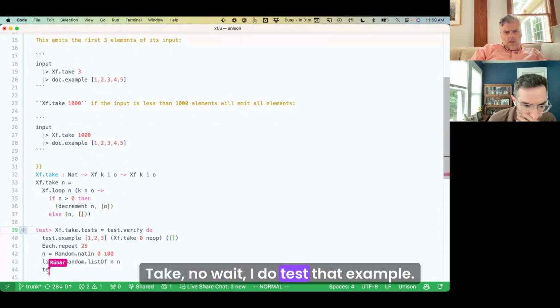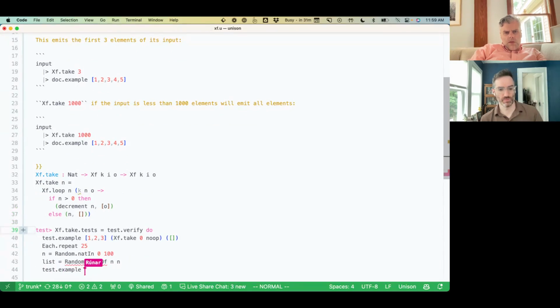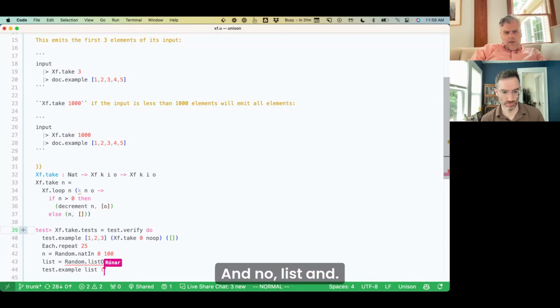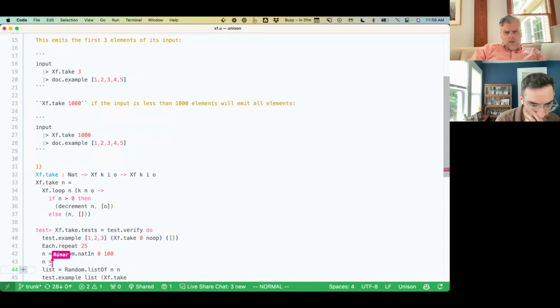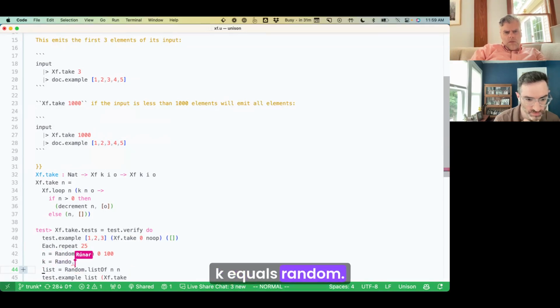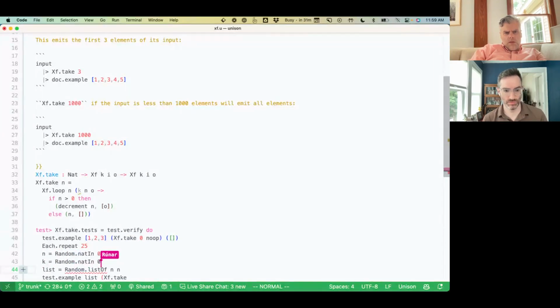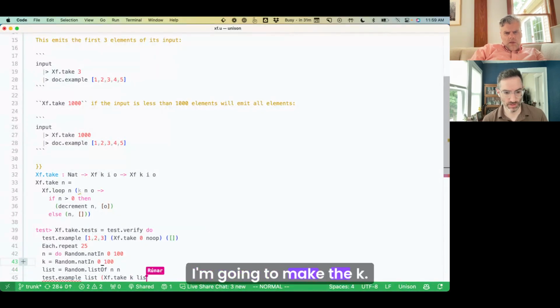Oh no, wait. I do test example. And no list, and it's xf dot take. Oh, I need an n. Oh, k equals random nat 0, 100. So take k list.